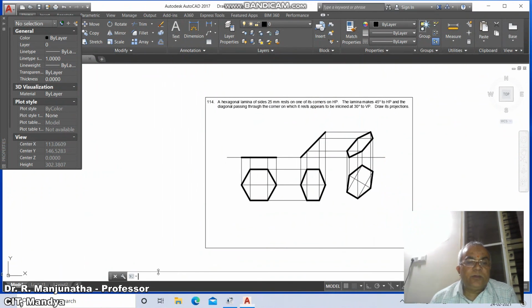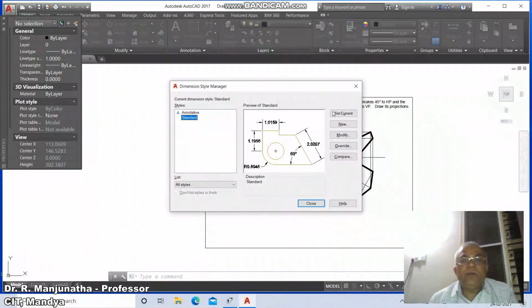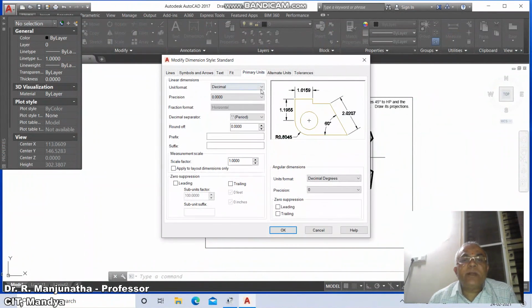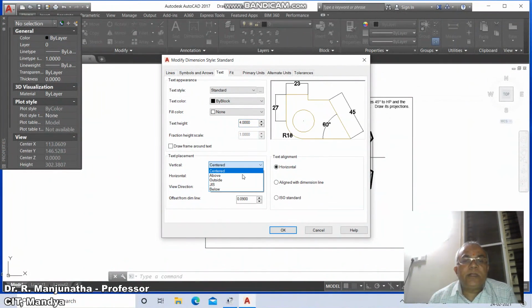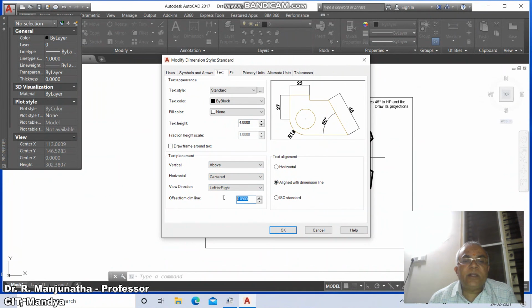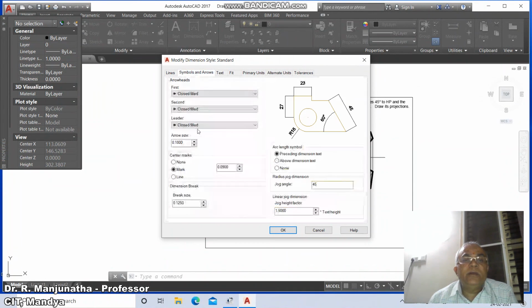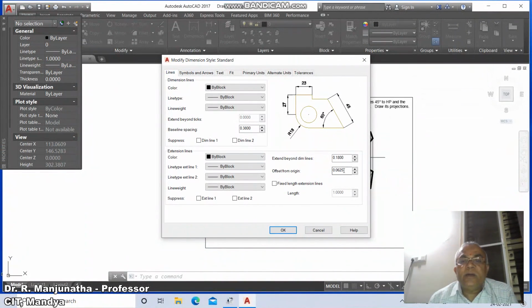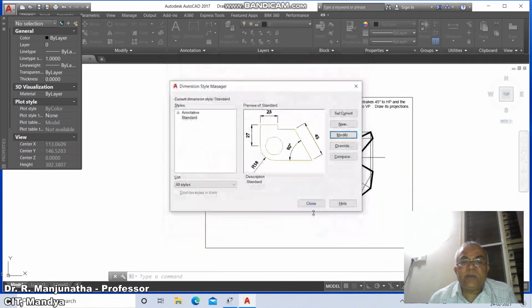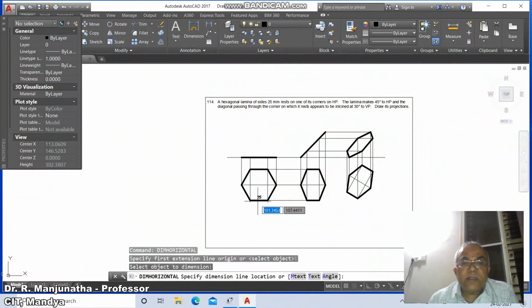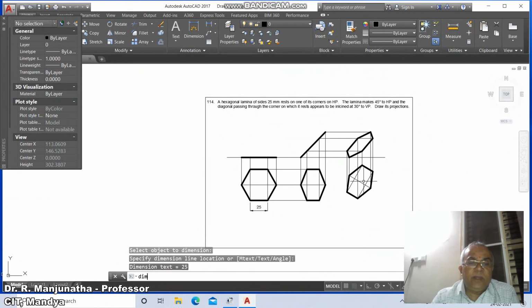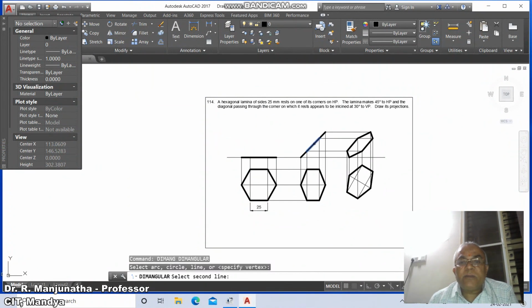DDIM, so come down to DDIM, then go to modify, then take primary units as 0 precision and then go to text height as 4, center becomes above, aligned with the dimension line. This has got 3 symbols and arrows, take this as 4 and then go to line, offset from origin as 3 and say OK and say close. Then go to dim horizontal, select this line and take 25, and dim angular, select between these two,